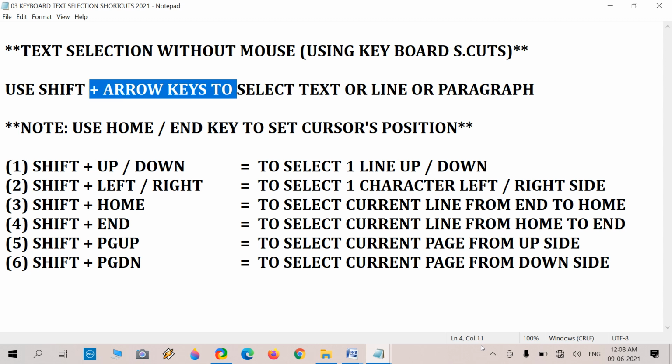It will select, look here, a single character or an entire term or an entire line also. It is useful and very fast, like Shift and End. This is very fast. So you can use these for general and practical purposes also. It is the fastest method of selection using the keyboard without a mouse.